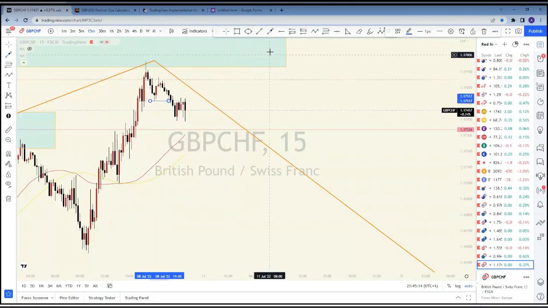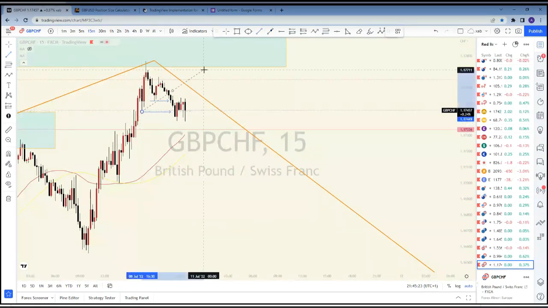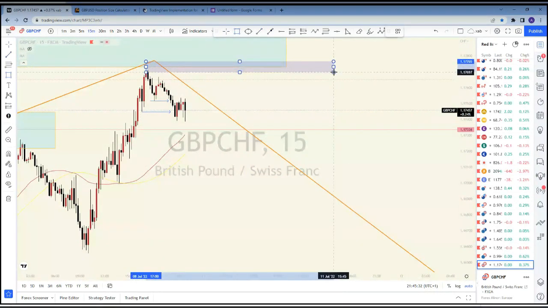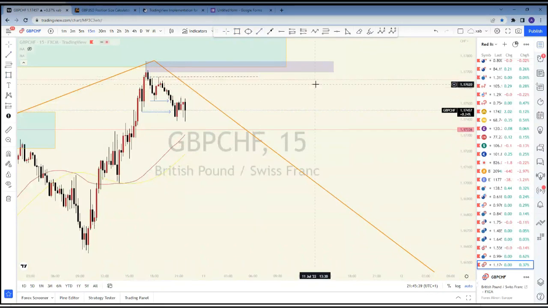So it seems we have had a double break of structure around here. We can quickly validate that as price moves on. That's not steep enough. That's too steep. So basically, one of the things I'll be looking out for would be that price comes back here, such that we take out these equal highs, most likely. And after taking out those equal highs, we can come back to take out these equal lows.